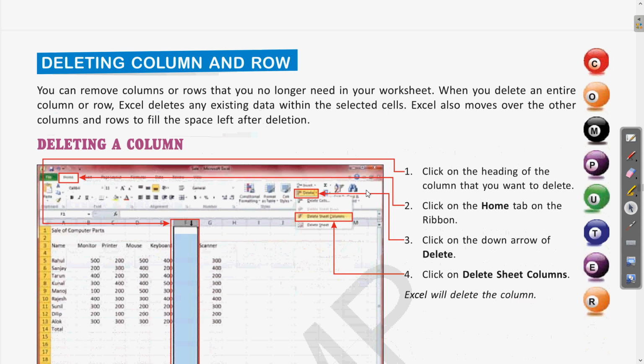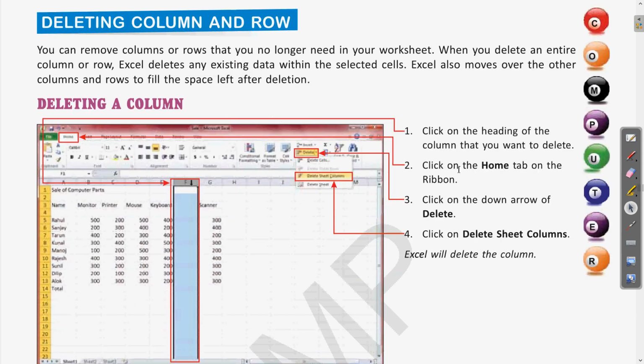Then we have seen how to delete these columns and rows. For deleting any column, first click the column which we want to delete, then go to the home tab, and then you have the option delete sheet columns. Clear? So let us see this.